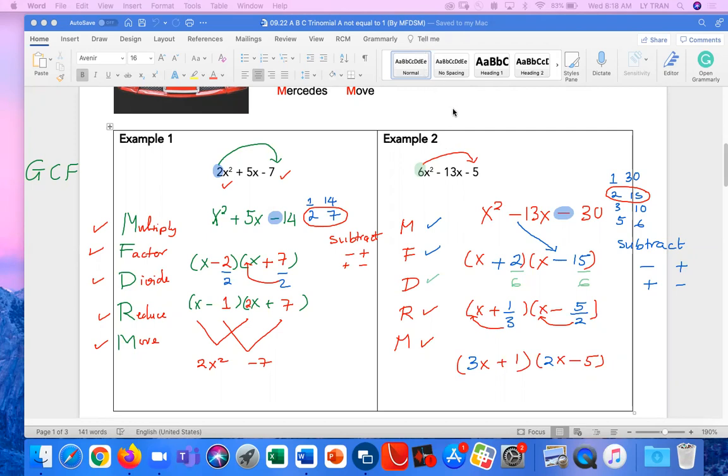Let's do a quick multiplication, distribution, to check. 3 times 2 is 6, and x times x is 6x squared. Perfect. 1 times -5 is -5. So we got that. Okay, really hope this makes sense to you again, and I hope you have a wonderful